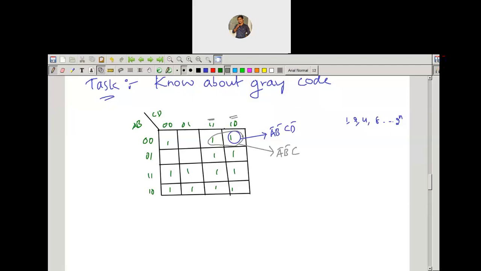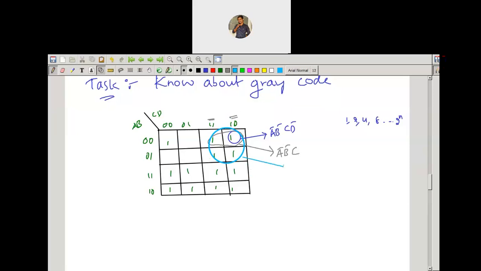Now you can observe that from the one cell grouping to the two cell grouping, in the one cell grouping you have a 4 input AND gate, and in the two cell grouping you have a 3 input AND gate. There is a reduction in the number of inputs, right? Let me explain with the 4 cell grouping also. For example, if I group these 4 cells, how can I write this expression?